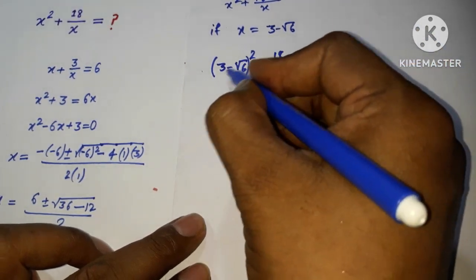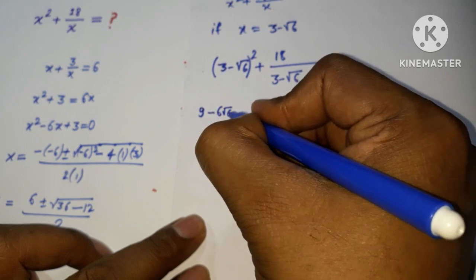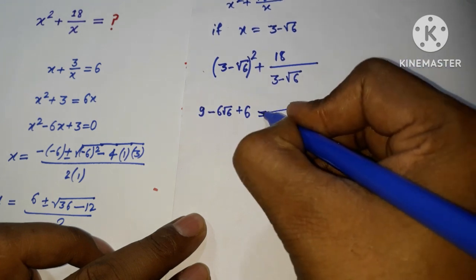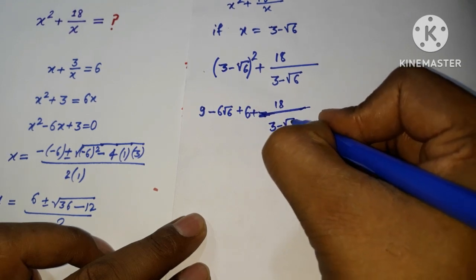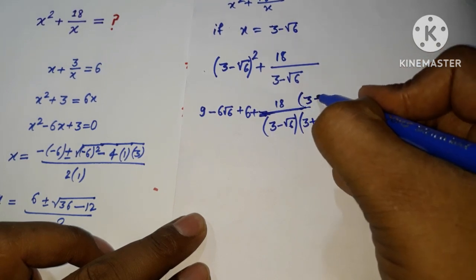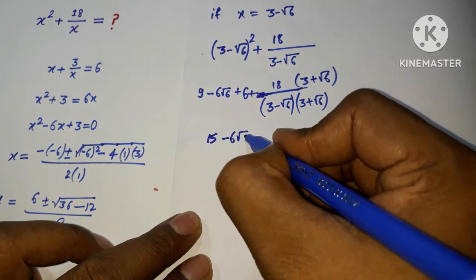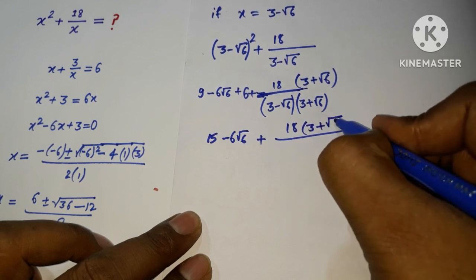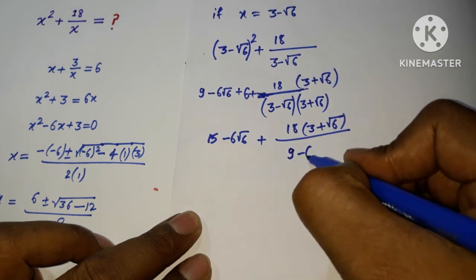so it is coming, if I am breaking this square, 9, and then 6 root 6 and then plus 6, and here I have plus 18, and this one I'm going to rationalize, so it is coming plus, and here 3 plus root 6, so this one is coming 15, and 6 root 6 minus 6 root 6 plus 18 into 3 plus root 6, and it is coming a minus b, a plus b, a square minus b square, so it is 9 minus